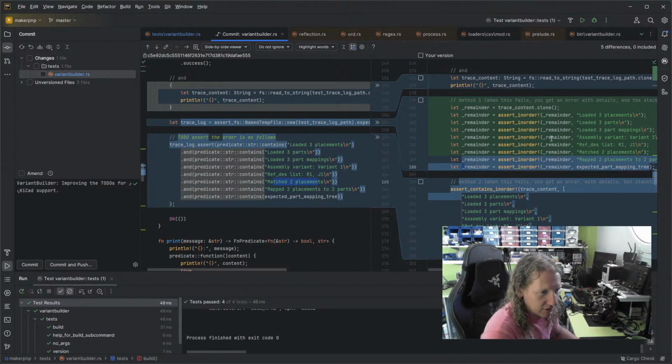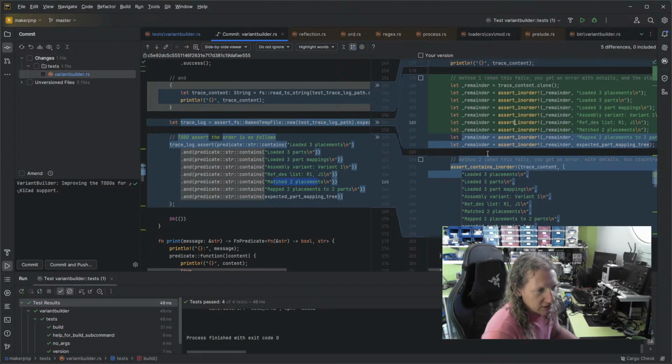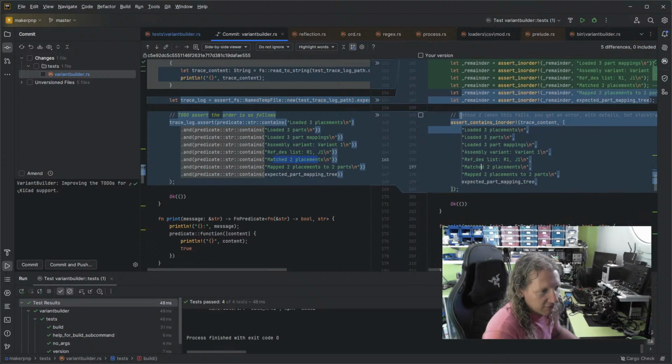And that's how you do it in Rust. And this works, and it's okay. It's a little bit verbose, but it does what it does. It's not totally hideous. I did this other variant of it where you basically say assert contains in order, and you say trace content, and then you give it a list of things. And this also works,